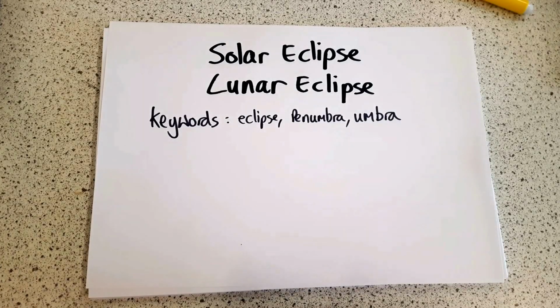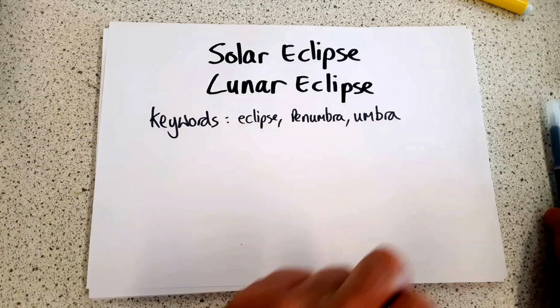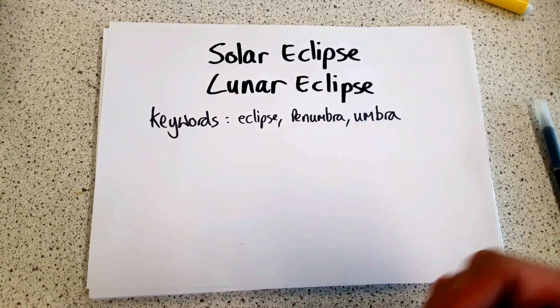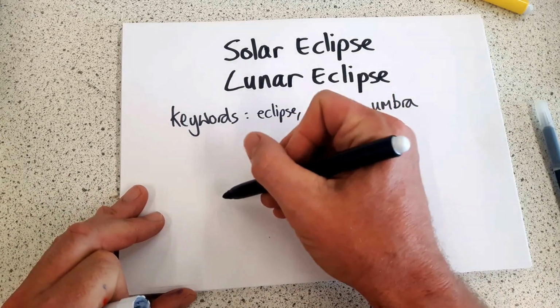This video is about solar and lunar eclipses and how they happen. Keywords here are eclipse, penumbra and umbra. So, starting with a solar eclipse, if this is the moon